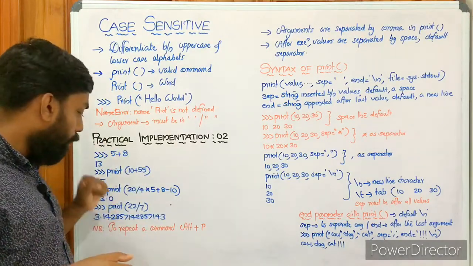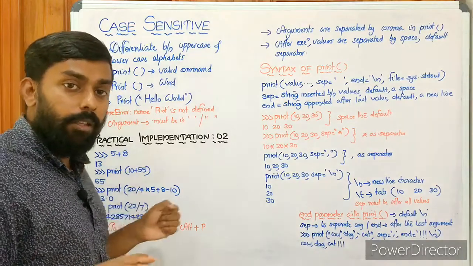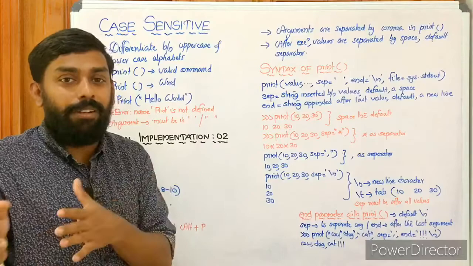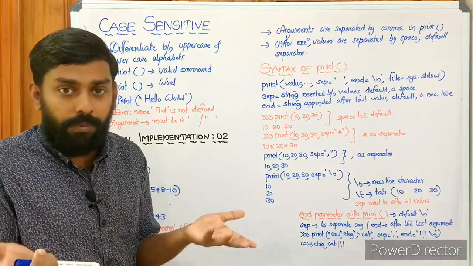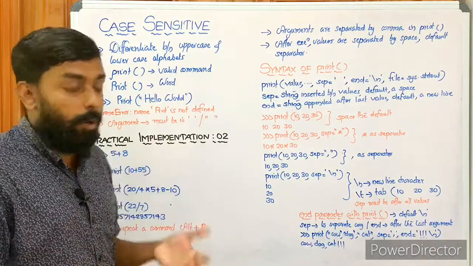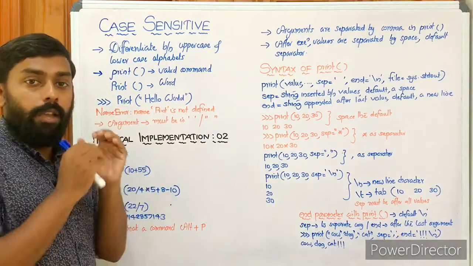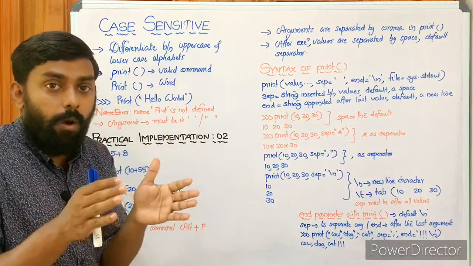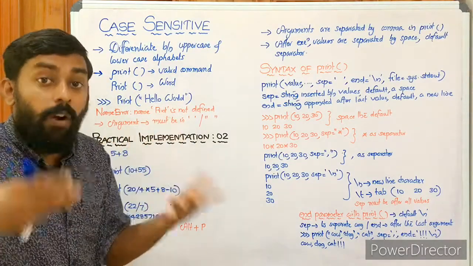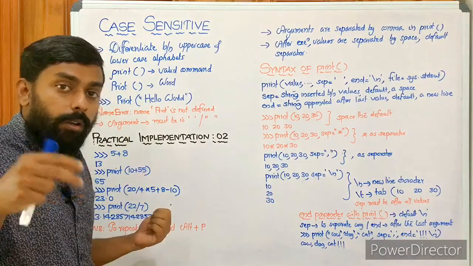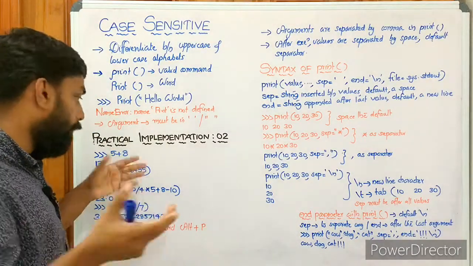Then we have to note, to repeat a command in Python, you can use Alt plus P. You can avoid repetitive typing. You can save time and effort, of course. So you can apply Alt plus P to repeat a command. So this is our second implementation. And as I've told you, in our first implementation we used strings or characters or words, right? But here we are implementing for numbers, right? Yes, arithmetic operations.